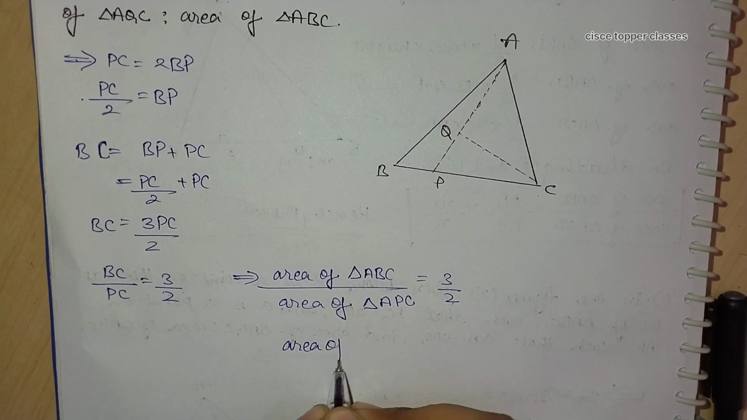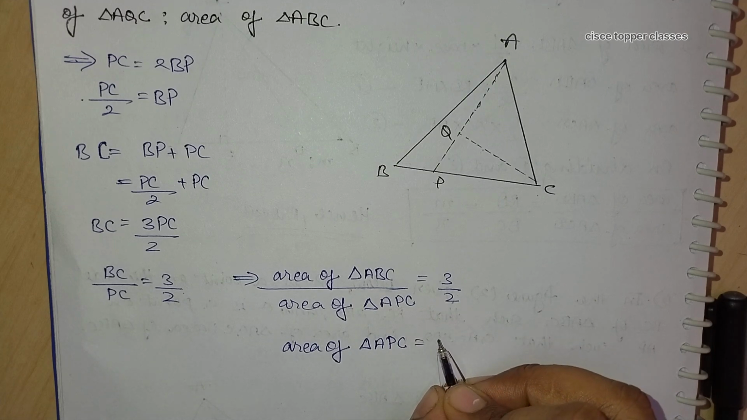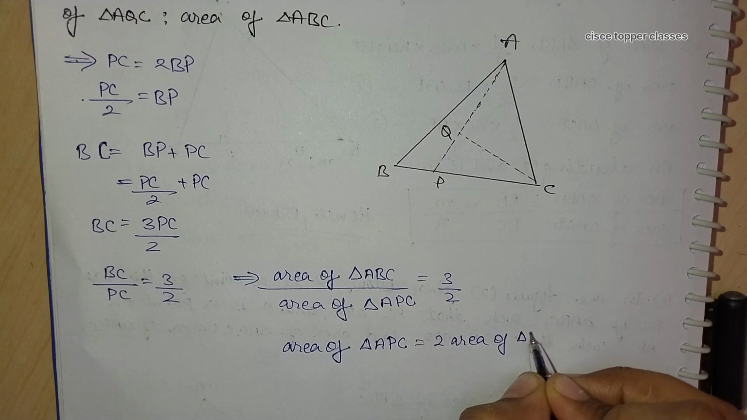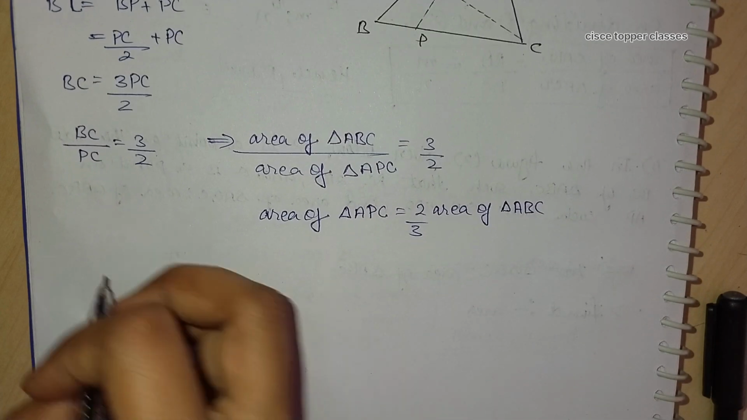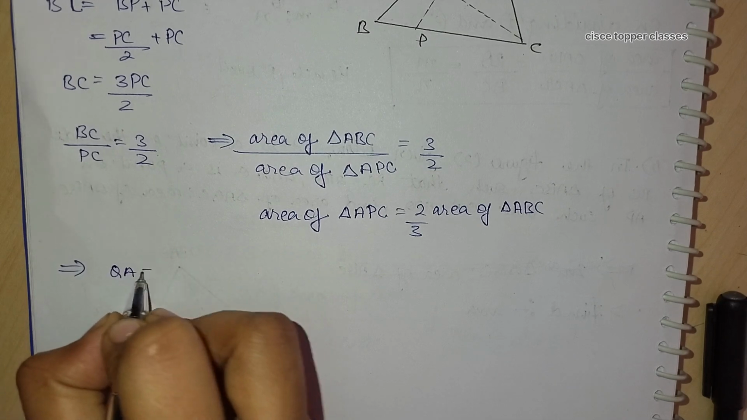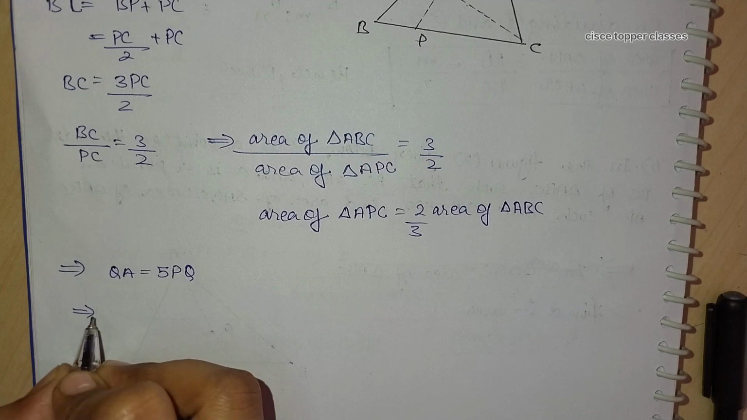So area of triangle APC is equal to 2 area of triangle ABC divided by 3. So this is the ratio here. Now, as the given information is QA is equal to 5 PQ, so we can simply write this part as